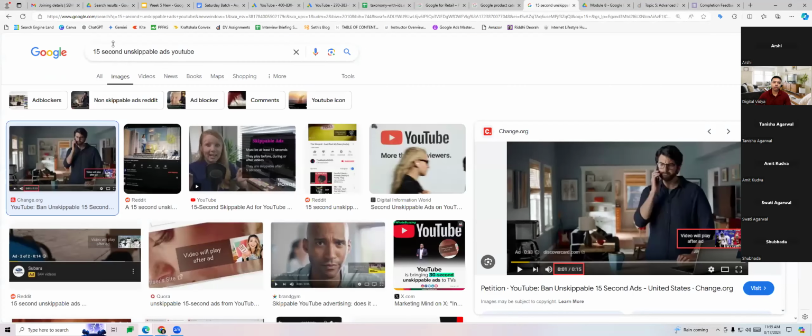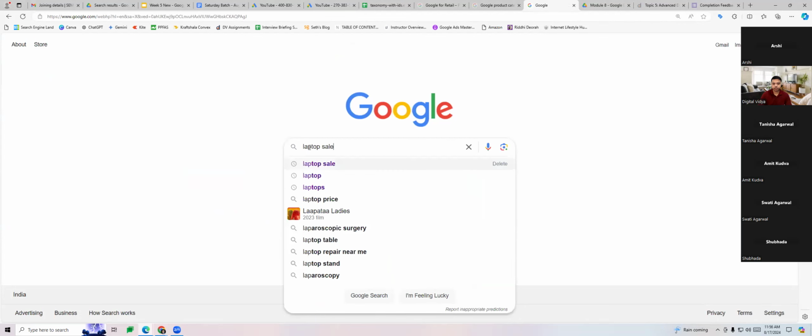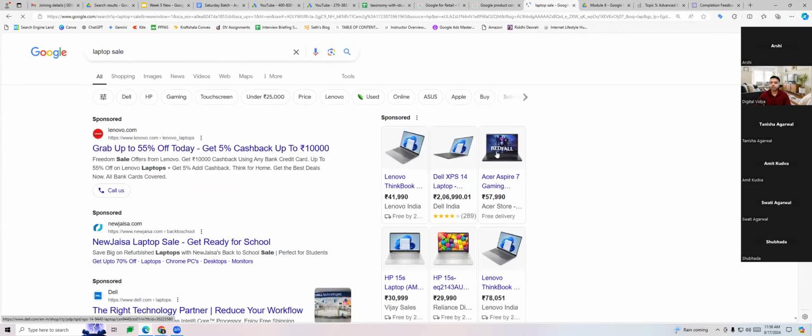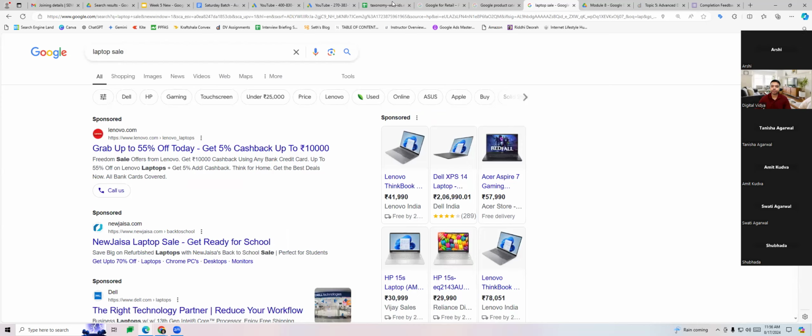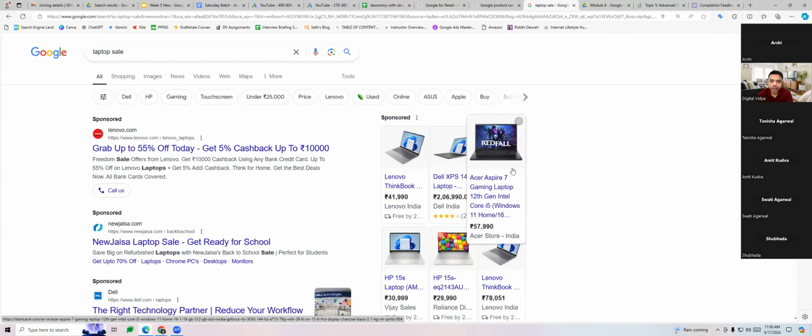If you go on Google and you search for any information, you will be able to see these ads coming on the right-hand side. They come on the right-hand side, and on the top of the page as well, which is what we refer to as our shopping ad. Now, the ad has multiple things.